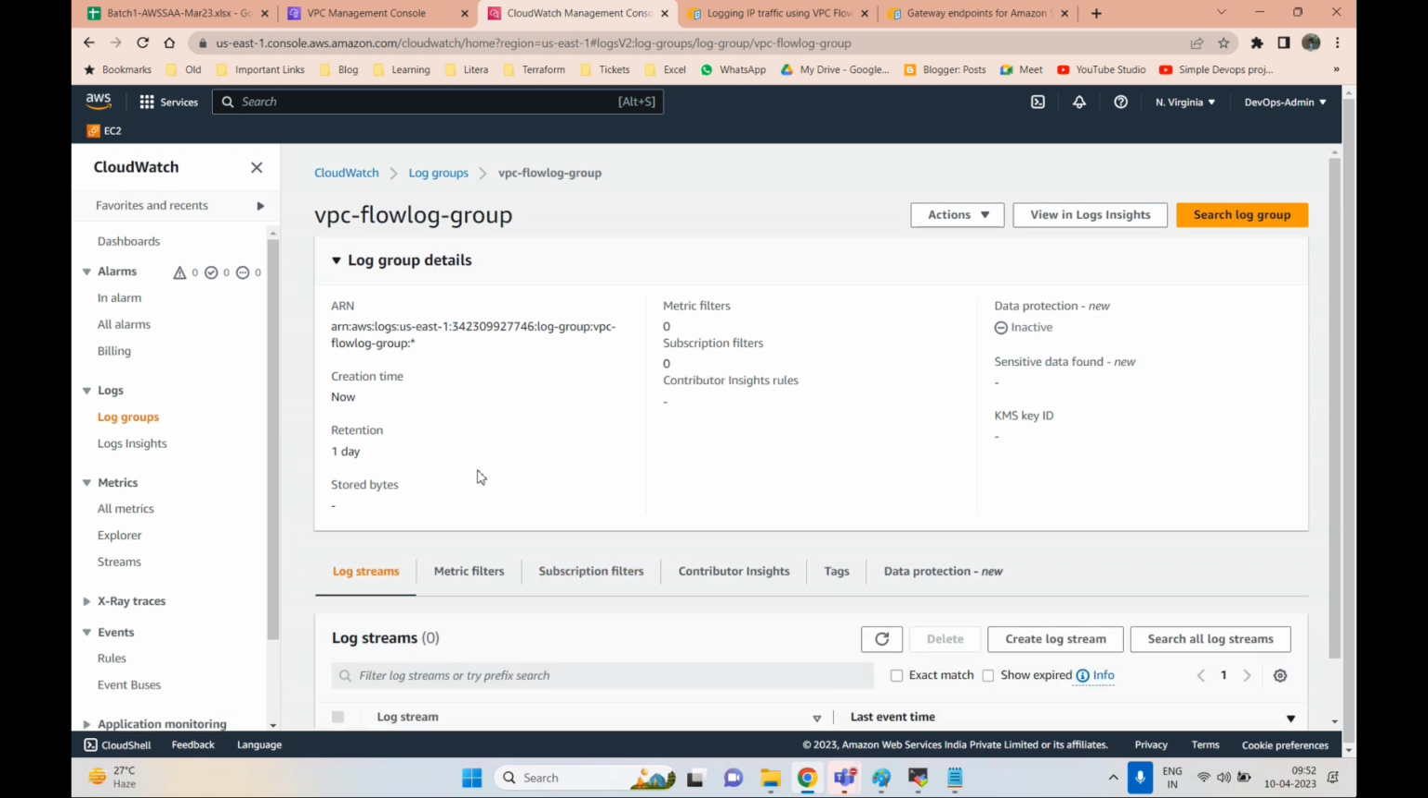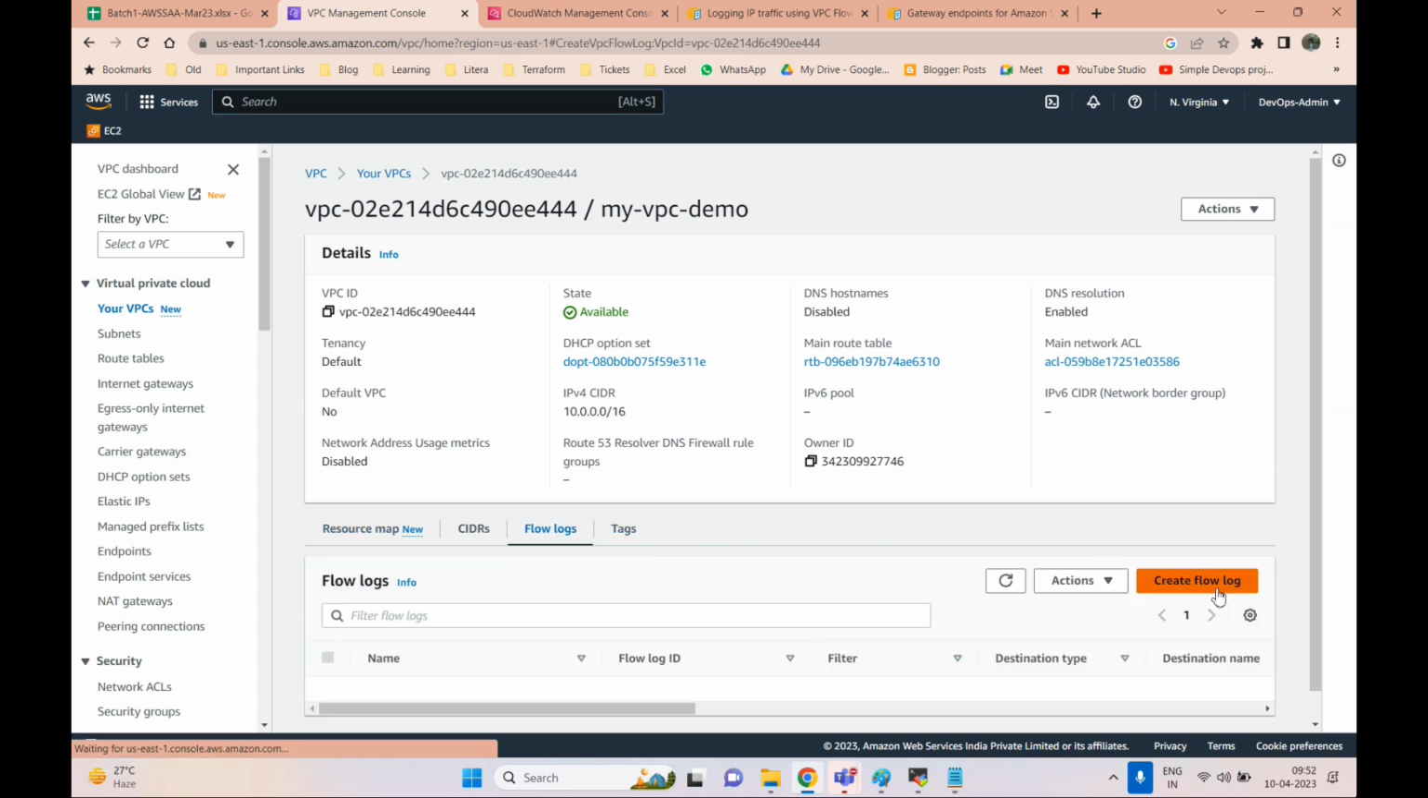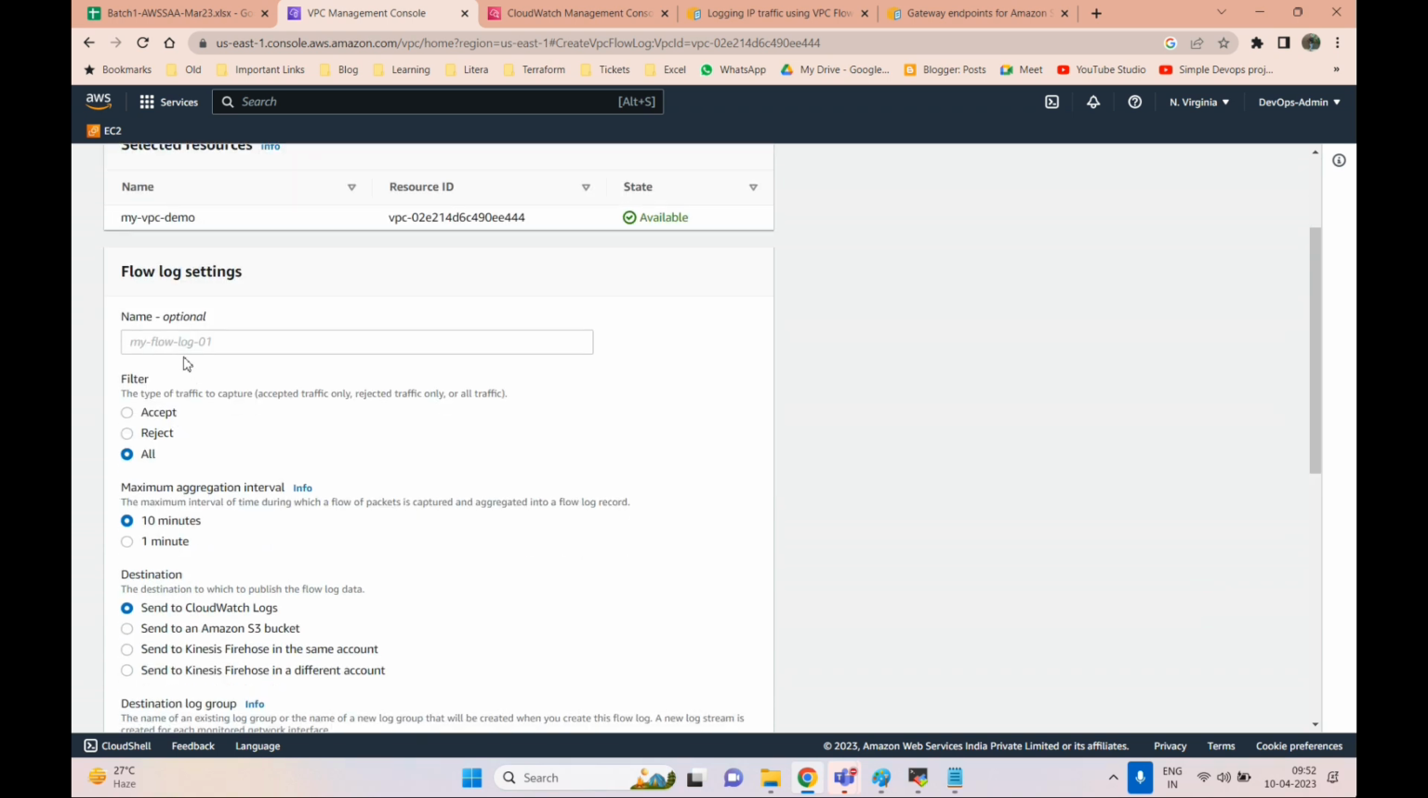So we have created a flow log. Now go to the VPC. Under the VPC you will get this option, flow log. So go and create a flow log. Let me give it the name my flow